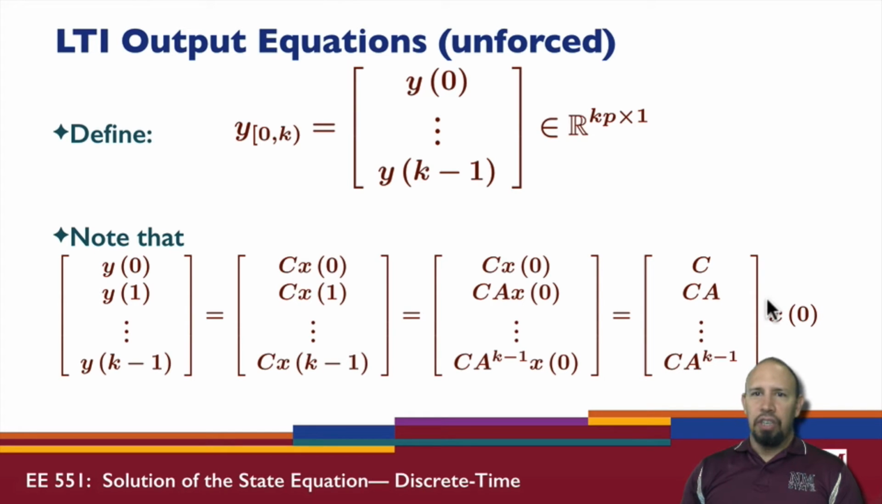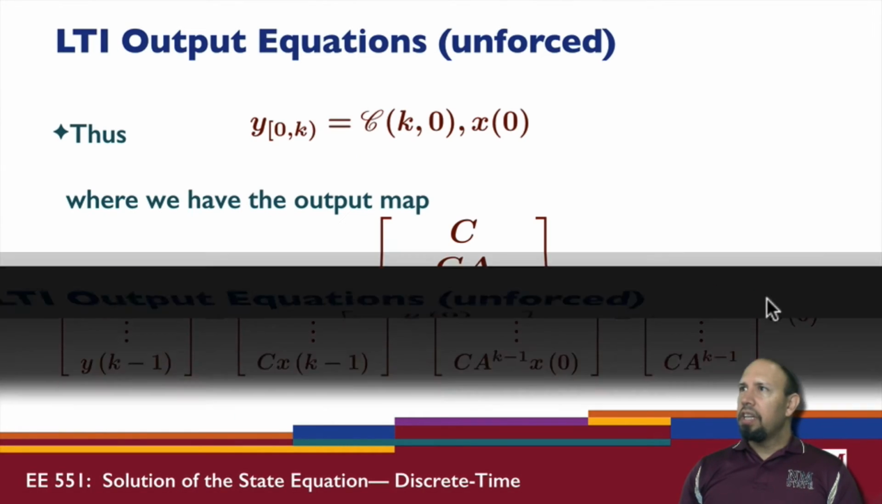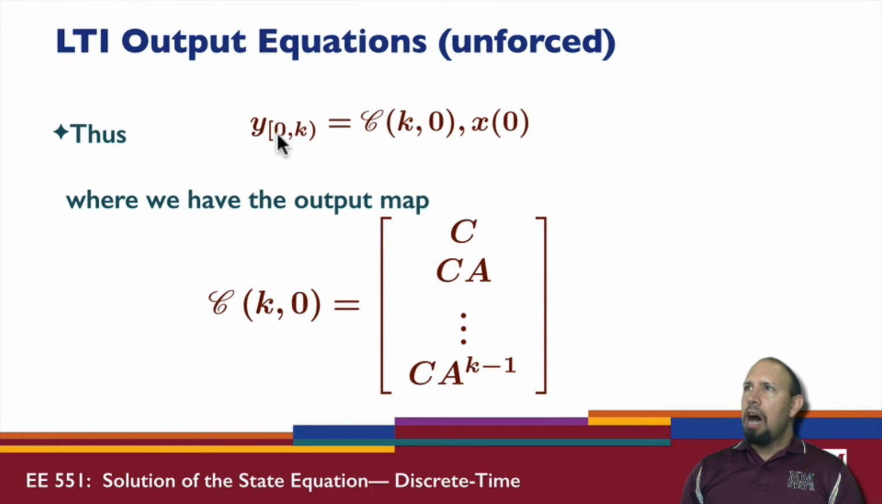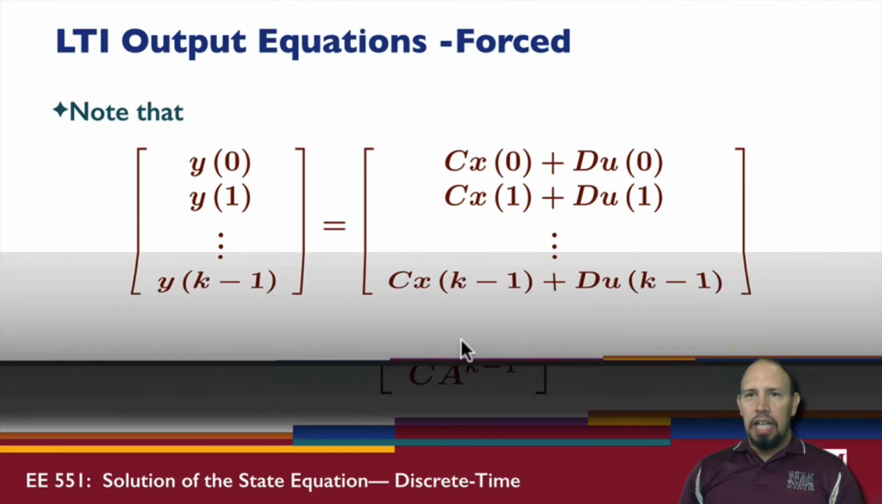Linear combination of the initial conditions. And so we can define something called the output map. The output from 0 to k is this output map times the initial condition, and here's the output map. We had an input map that involved B, AB, A squared B, all the way up. Here we have the output map, which involves C, CA, all the way to CA to the power k minus 1. There are a lot of similarities between the output map and the input map, and we're going to come back later and talk about controllability and observability, which will actually involve these maps. So that's for the